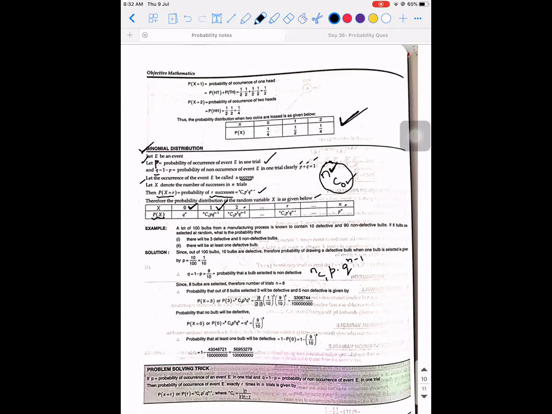Sir, can you explain how the nC1 term came? Okay, I'm sorry, I wrote it wrong. I'm actually explaining the reverse principle. Here nC1 didn't come like that. I'm using the formula. So if there is one success, the formula is going to be nC1 into p power 1 into q power n minus 1. You can just give me 2 minutes. I'll tell you how that has come. I'll just recollect.